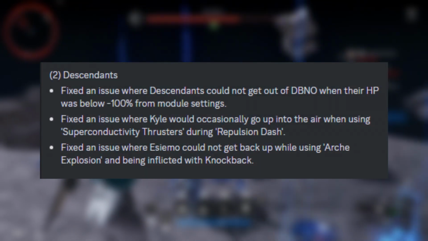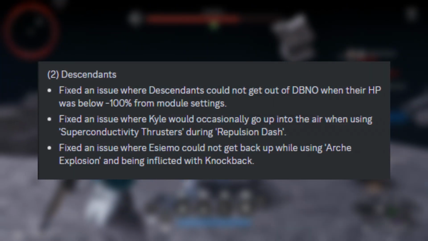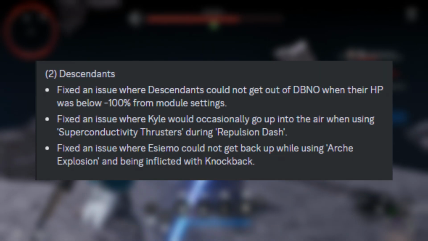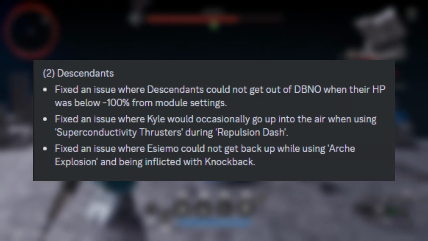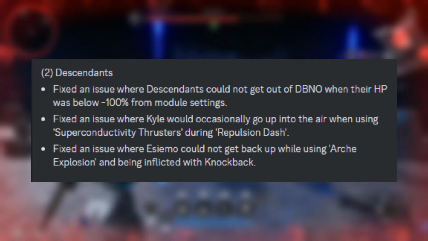They obviously did that issue fixing where the Descendants could not get out of down state when they went below 100% with module settings. They had a fix where Kyle would occasionally go up in the air when using superconductivity thrusters during repulsion dash. And they also fixed an issue where SMO could not get back up while using Arch Explosion and being inflicted